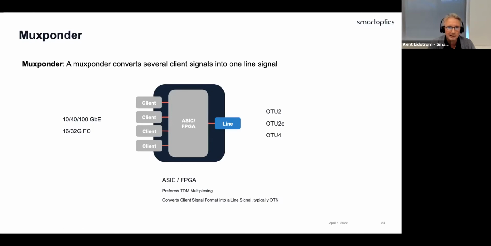So in this case now I show 4, but this could be, for example, 4 times 100 gig on the client side into a 400 gig line where you've also added a forward error correction on the line. So that's a very common combination that you will see on the market here from many suppliers. So that's a very, very quick crash course in, if I call it, transmission and optical solutions.